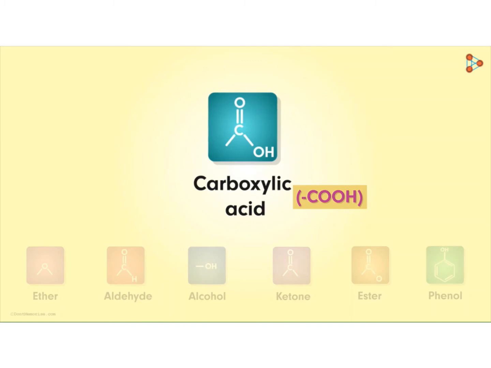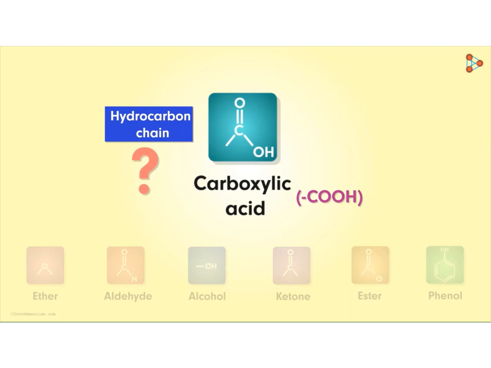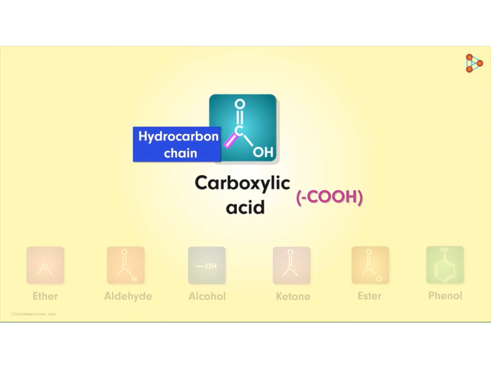Now from here, where will this group be attached to the hydrocarbon chain? Yes, from the carbon atom. And why is that? We know that the valency of carbon is 4. 3 bonds in the functional group have got formed, leaving behind just 1. That is why the line is drawn before the carbon atom, which indicates that the group can be attached from here. Where do you think this group will be attached? It can be attached to an alkyl group.